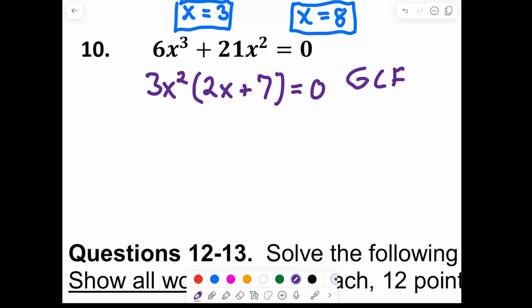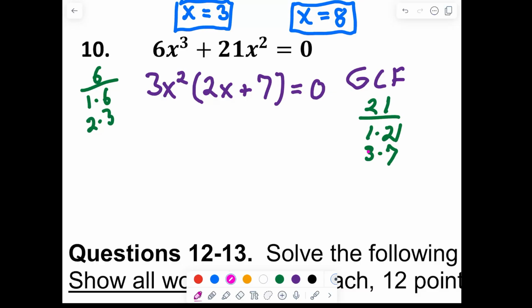Okay, let's take a look at another one here. 6x cubed plus 21x squared. First thing you always look for is a GCF. And I clearly see a GCF. They can both be divided by 3. All right, so I'm going to factor that out. And they both have at least 2 x's multiplied together. And so I'm going to factor that out. And what I have left after I factor that out is